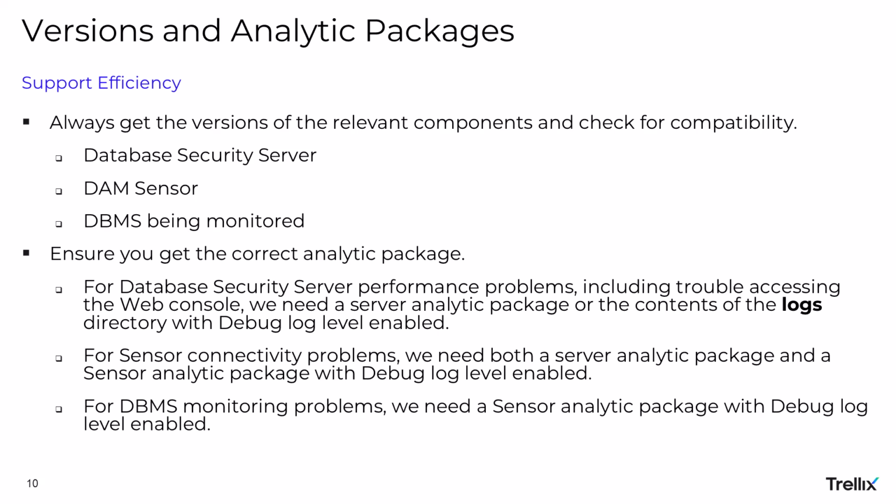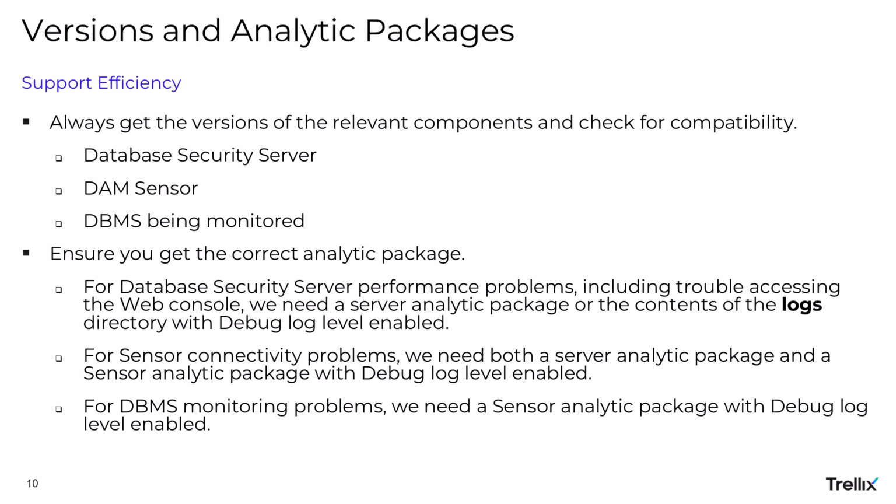From a support efficiency perspective, you should get all the versions of all the relevant components before beginning any significant troubleshooting. You can find the version of the database security server in the web console by clicking the About link at the bottom of every page. It can also be found at the top of the env-data.log file in the server analytic package, or in the main server log